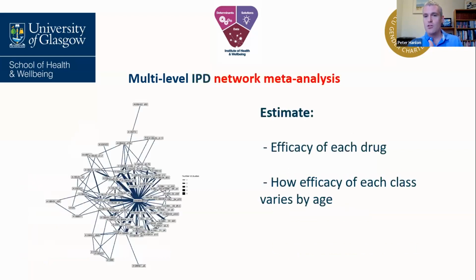And it was also a network, so we've got more than two treatments that we're interested in here. We're not just looking at SGLT2s and placebo, we're looking at all different combinations. And so we took that information and constructed a network where you look at all the individual treatment comparisons. This is one of our networks here where we've got various different drugs being compared to lots of different drugs. And essentially, by using a network meta-analysis approach, you can look both at the efficacy of each drug and also at a network-level estimate for how each class varies in its efficacy according to age. And each of the comparisons inform that overall estimate, which again increases your statistical power.